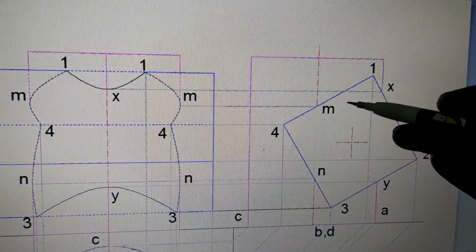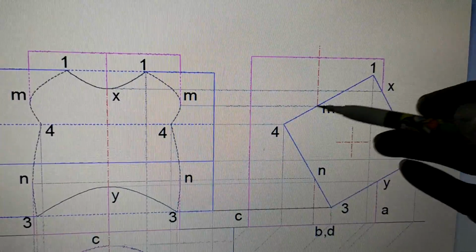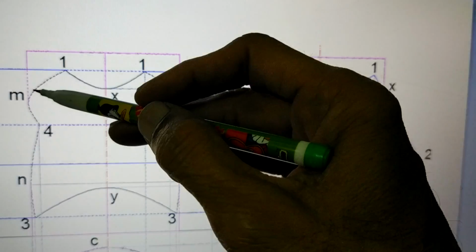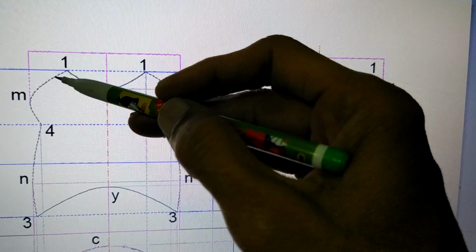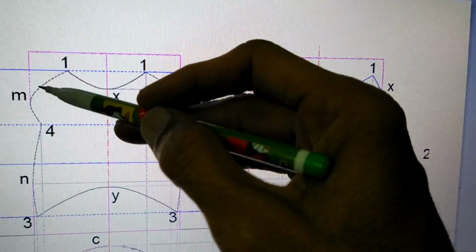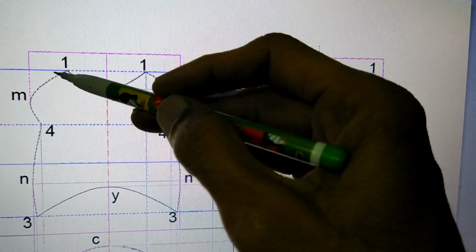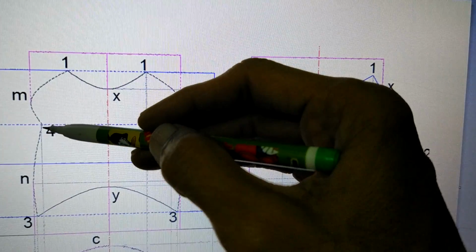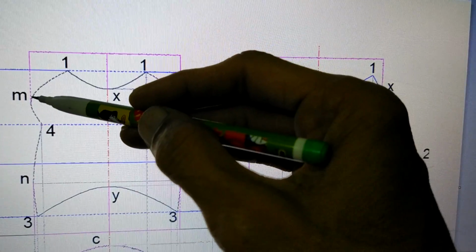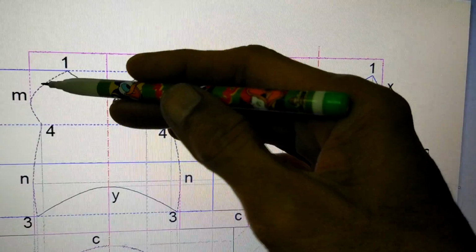What we are going to do is, by our experience, draw this curve, joining 1, M and 4. While joining this curve, the shape comes like something like a parabolic shape. It doesn't come like a circular curvature. If you draw this kind of curvature, like a part of a circle, it will not be correct. It will be like this. Okay? Maybe you can take one more point and check that it comes somewhere here.